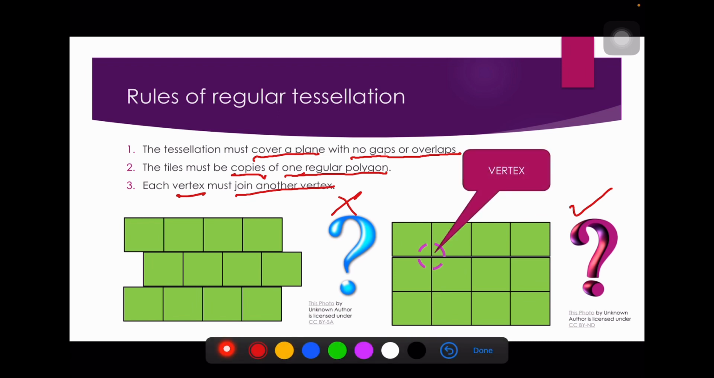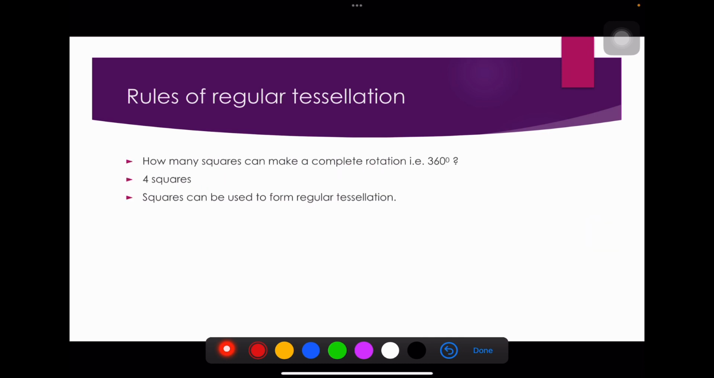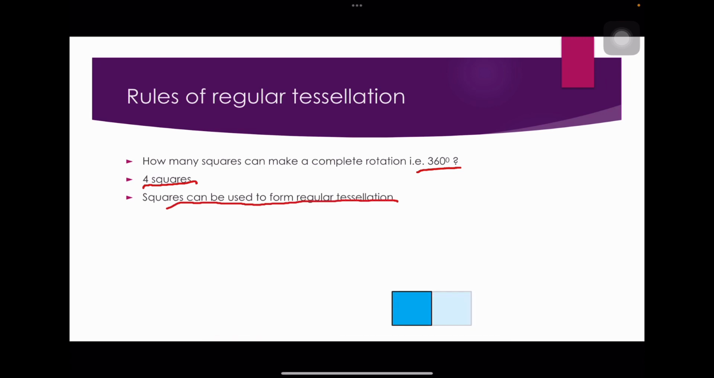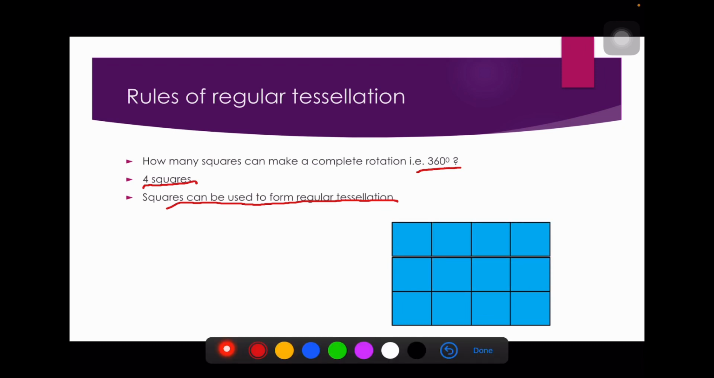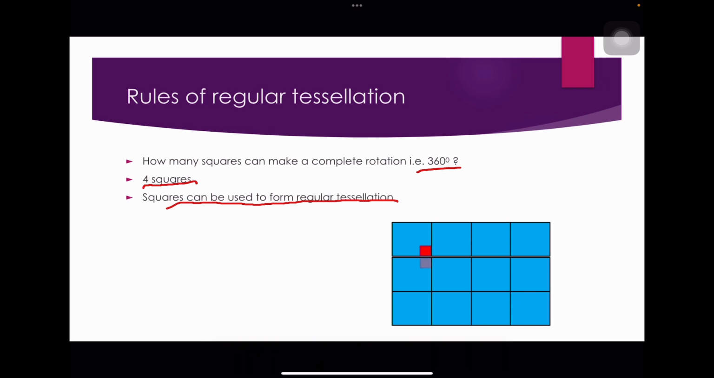So we look at the vertex there, because the vertex must join the other vertex. How many squares can make a complete rotation? That means 360 degrees. 4 squares. Okay, and squares can be used to form regular tessellation, like this one. Okay, so we have the right angles,